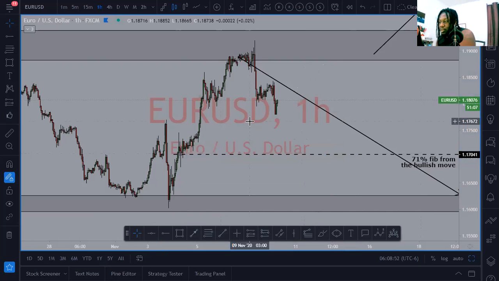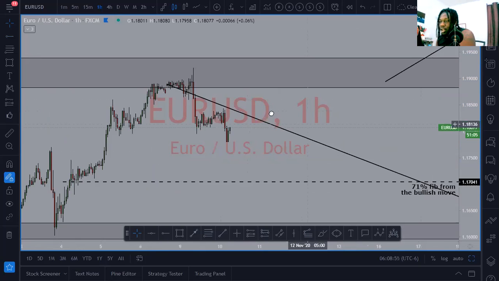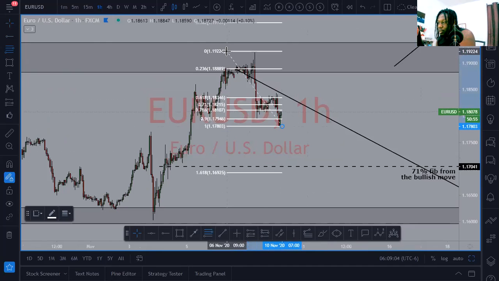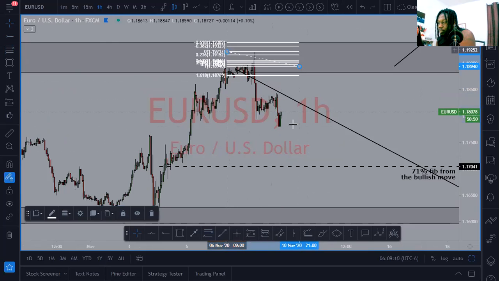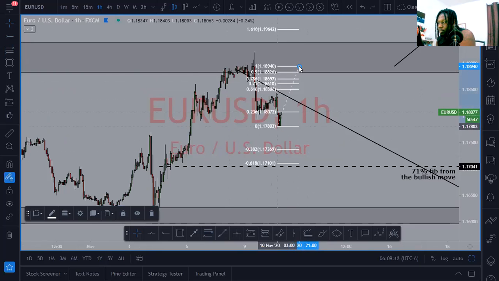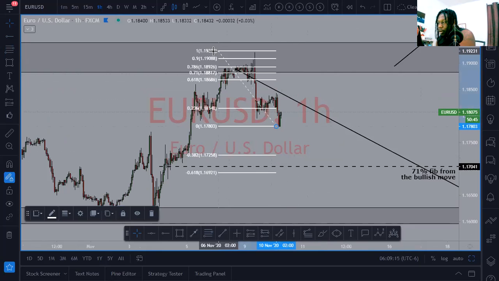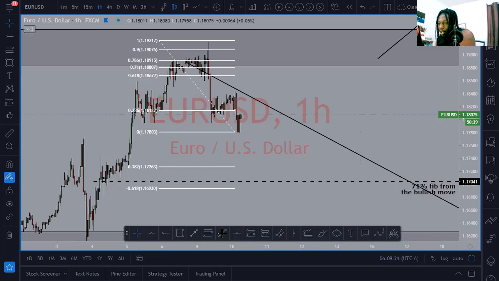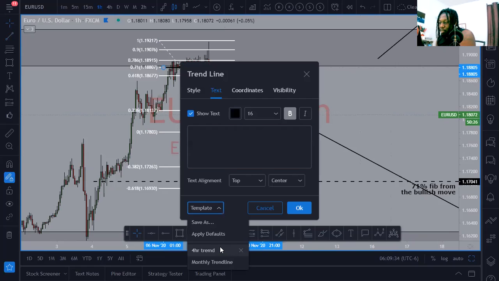And likewise with what I'm seeing with the DXY, I want to see this retrace. So let's go ahead and do from here to here. Oops, wrong way. There we go. So what I would want to see off of this move is for price to come back up and just literally come and retrace and give me a bounce off of this 71% fib,